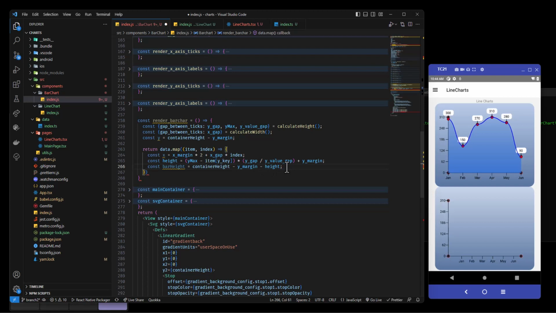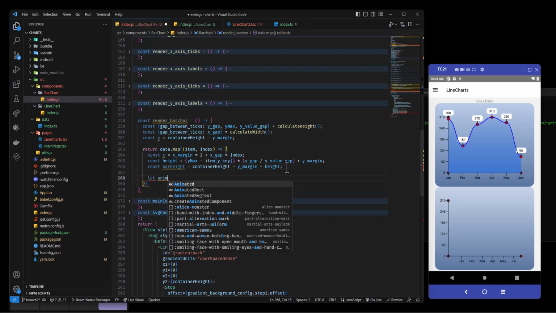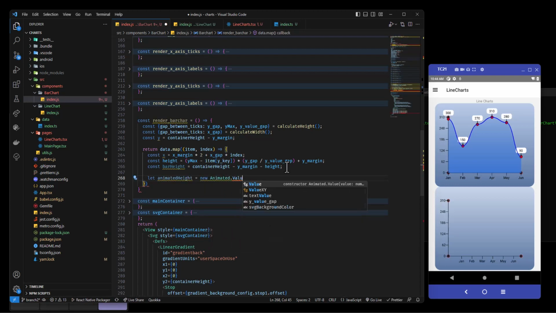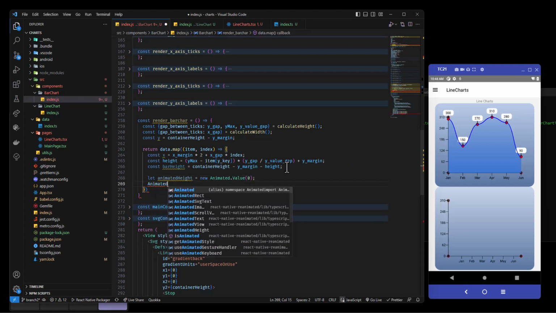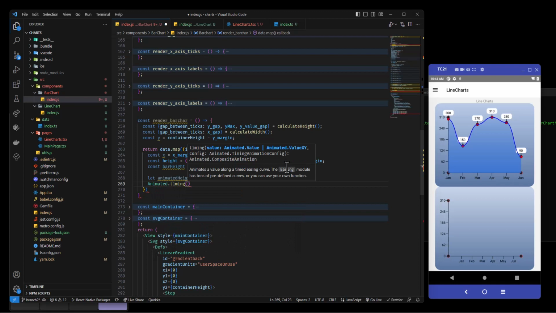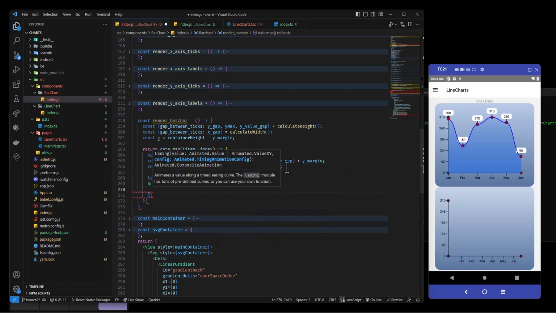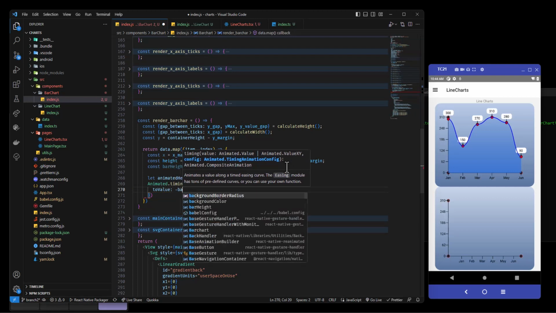And here's where we make it a little more fun. We'll say let animated height equals new animated dot value, and it'll start at 0. And we'll animated dot timing. We could have used React Native Reanimated for this, and I think we might do that somewhere else, I think in like the pie chart. So anyways, the first argument to this is the variable animated height and then we're going to pass in a config object, and so I'm going to say toValue, and that's a negative bar height,